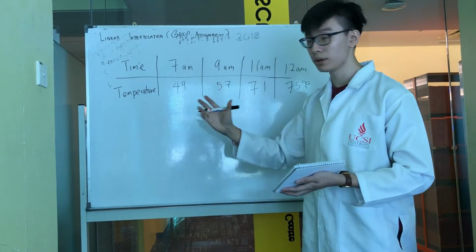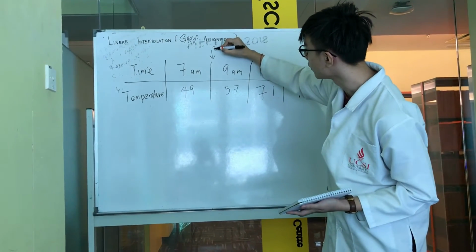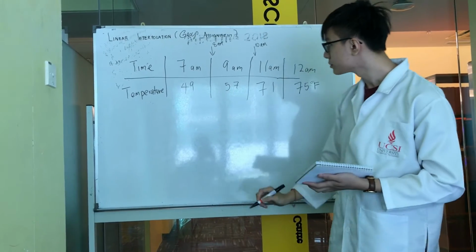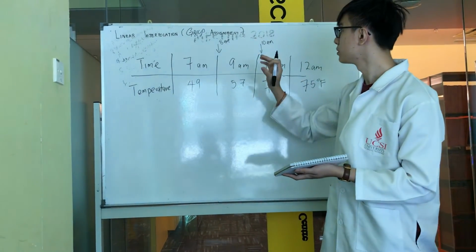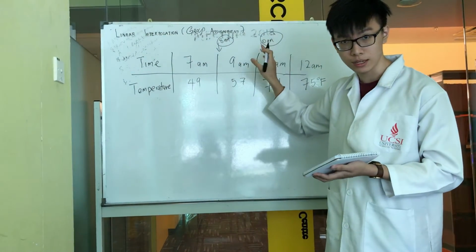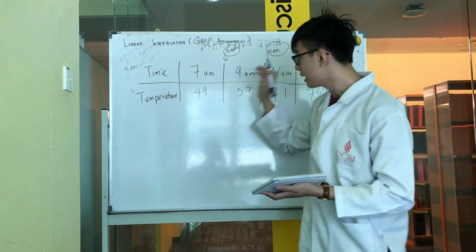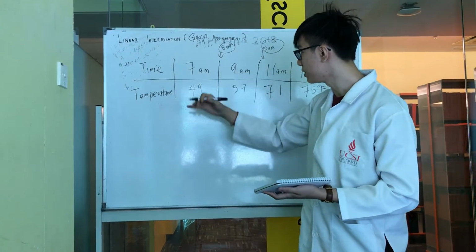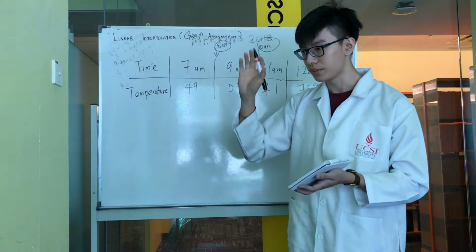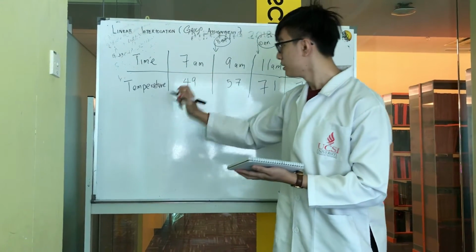Due to equipment malfunction, we didn't get the value for 8 a.m. and 10 a.m. But we need the result for these two. So now we have a method to estimate the temperature at 8 a.m. and 10 a.m., which is the traditional method, to use